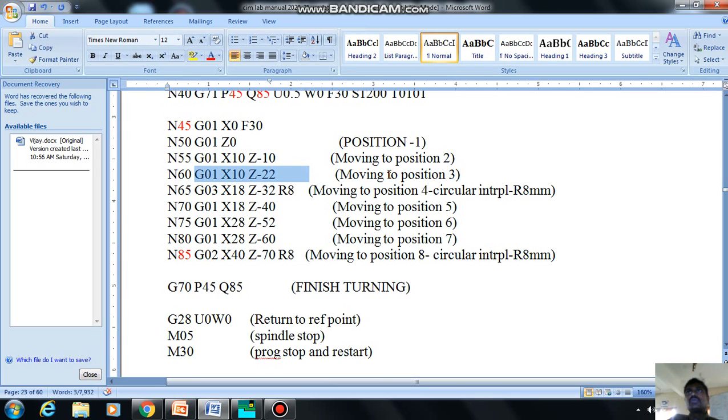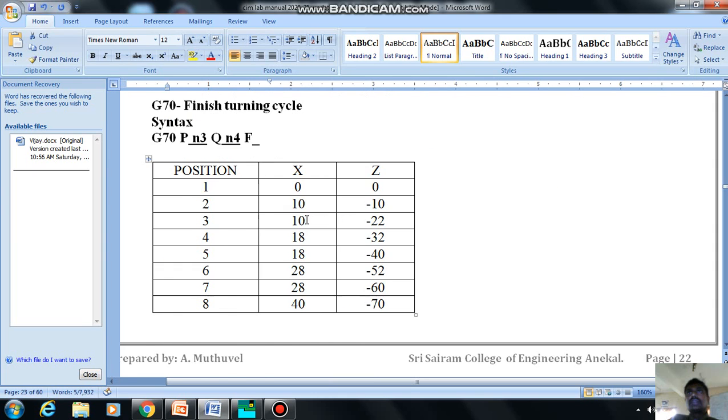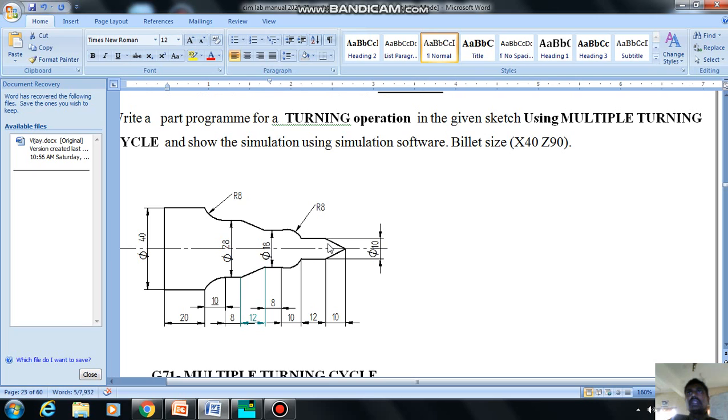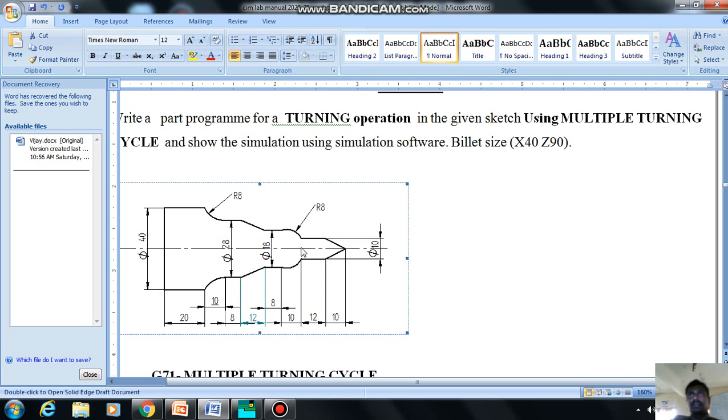And G03, why I am using it is, it's circular and counterclockwise. You can see the radius. So here this is the radius. The radius is given, and the tool moves from here to here, circular interpolation, which is counterclockwise. So for counterclockwise we will use G03, and it goes linear again, then clockwise.